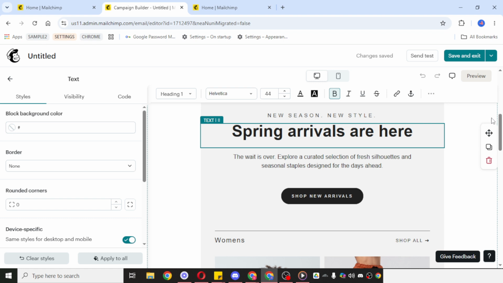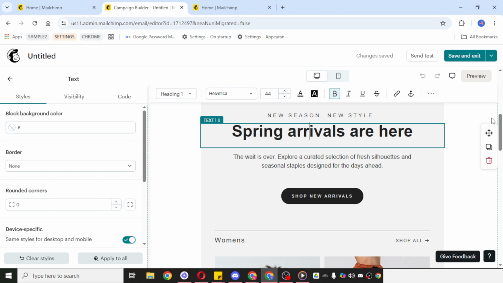Once you open that feature, you'll be able to set the tone of your text. This is an important part of the process because the tone helps shape how the email sounds to your audience. For example, you may want the message to sound professional, friendly, confident, or promotional, depending on the purpose of the email. Choose the tone that best matches the kind of message you want to send and the audience you're speaking to. After that, simply confirm your selection and let MailChimp generate the content for you.